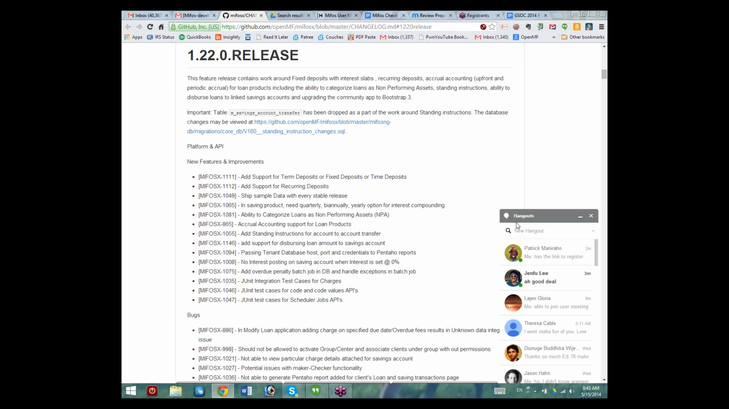I'm sharing on my screen now the link to the release notes from the last major release, the 1.22 release. Today Binny is going to be demoing some of these features. Ashok had demoed some of the preliminary work around the term deposits and recurring deposits, but Binny will once again do a demonstration of that, as well as some of the standing instructions and a number of the other